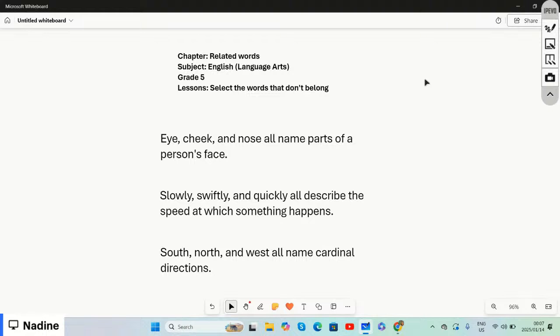So related words are words that we can say are related to one another, meaning